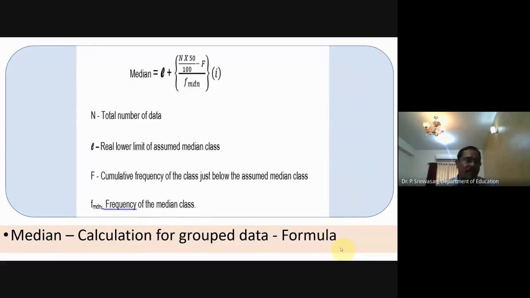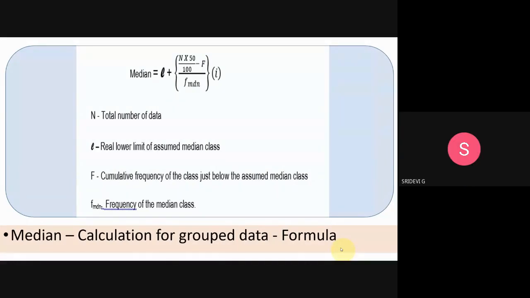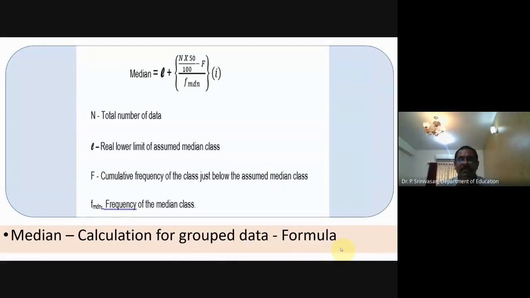And i is the class interval, as we know. What is the class interval of our example frequency distribution table? Yes, 5 is the class interval. For practical purposes I am taking the same frequency table for all my calculations, but yours will differ because you are taking different hypothetical values for practice. But the procedure, the formula, and the way you treat the problem are all the same.